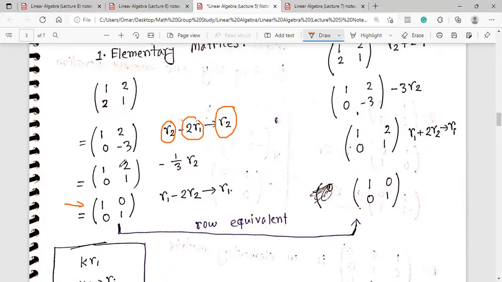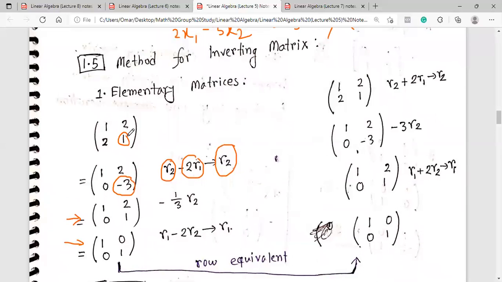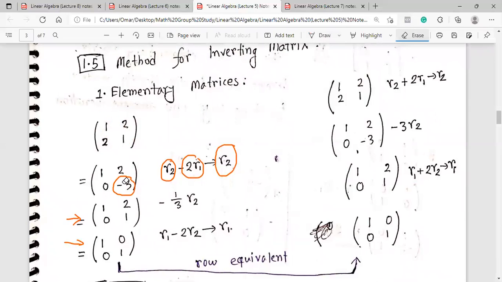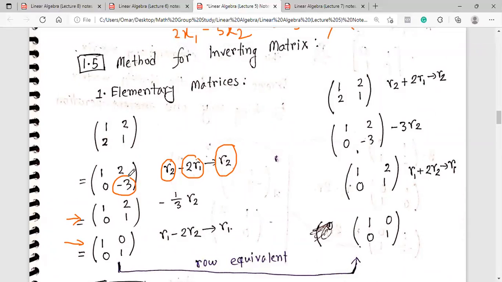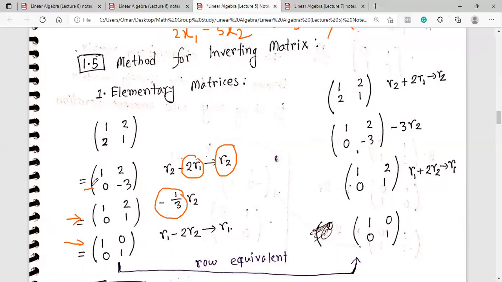So now we got this one. Okay. Now we need to think of how we can get rid of this number, right? Because we want this as 1. Because for an identity matrix, all the entries on the main diagonal will be 1. So somehow we got here minus 3, right? That's why we need to get rid of this minus 3. And we need to make this 1. So if I divide by minus 3 here, or if I multiply using minus 1 by 3 with the second row, so 0